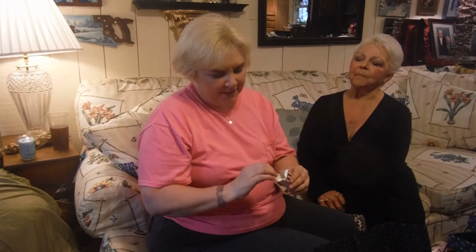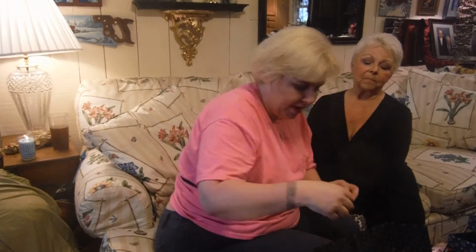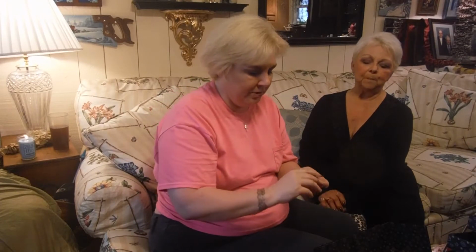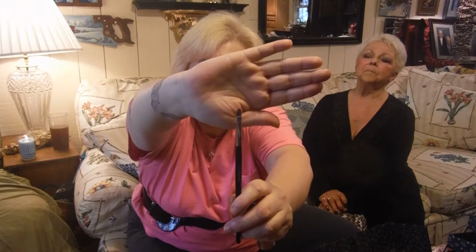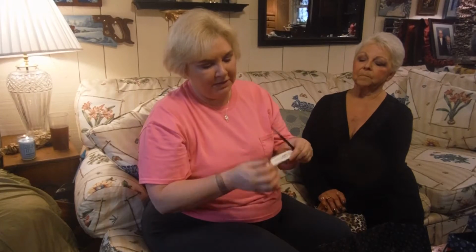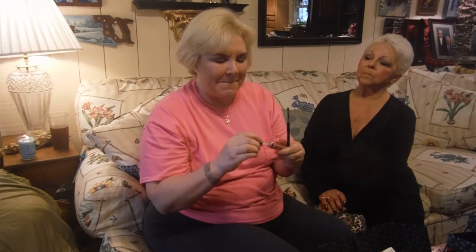If I can get this out of here. Okay, and then we also got the brush to go along with it because I could never get that little crease right here in my Cupid bow. So this is called the Pro Lip number 81. And sorry it's dirty, I just used it. And then this is the Sophia, the lip polish, which I could probably use some right now. My lips are